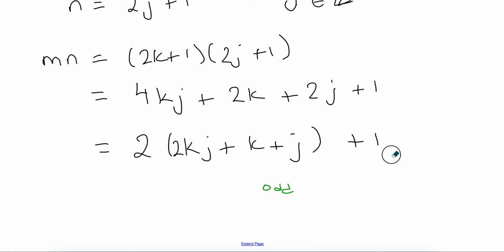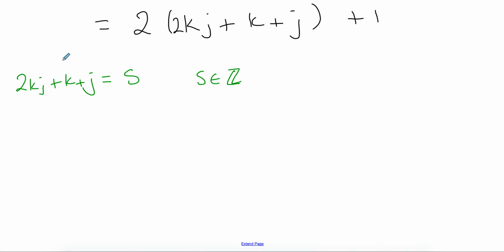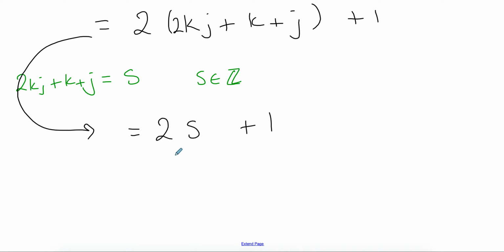Another way to clearly show this: because k and j are integers and you're just multiplying by integers, you're going to get an integer times 2, another integer plus k, another integer plus j, another integer. So this whole mess is also another integer, and I could call it s. Which means I can rewrite this as 2s plus 1, which again is the setup for an odd number. So we could say hence an odd number,